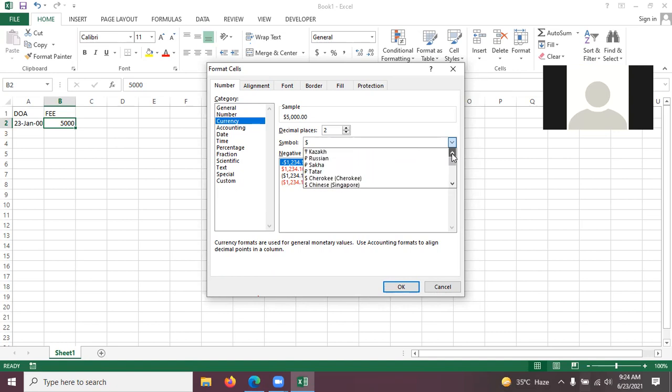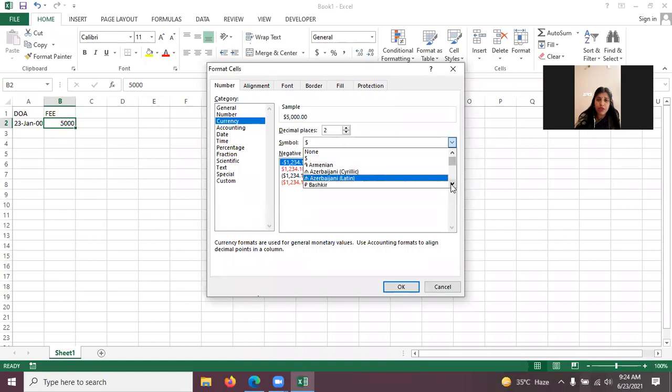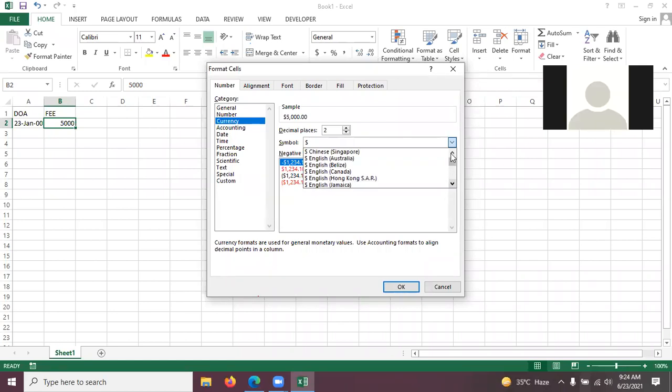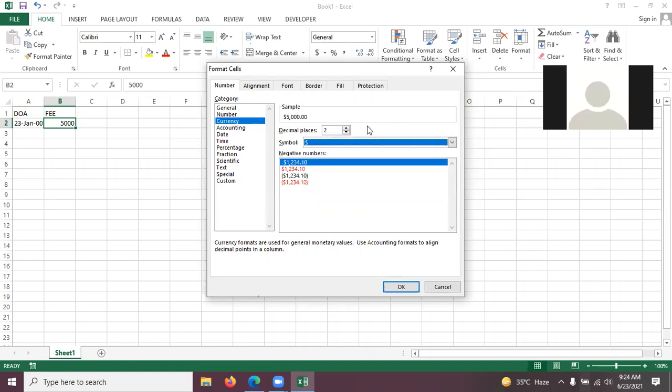Excuse me, ma'am, I think it was in this under English. Indian, maybe. Ma'am, in my Excel it is already in rupees. Never mind, you can select anything. You can find it from here only, right? Dollar has been put. Ma'am, my symbol is already in rupees when I open my Excel.